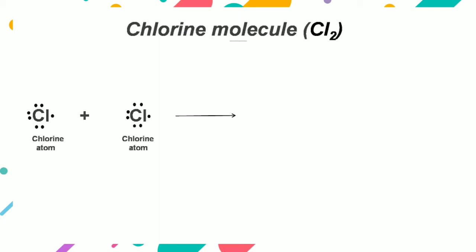Chlorine molecule is made up of two chlorine atoms. Chlorine has atomic number 17, therefore its electronic configuration is 2, 8, 7. It means it has 7 electrons in its valence shell and one chlorine atom requires one more electron to complete its octet. Hence, one chlorine atom shares one electron with another chlorine atom. Here again, we'll show the shared pair of electrons in the area between the two chlorine atoms. You may clearly see here that after the sharing of electrons, both the chlorine atoms now have 8 electrons in them. Means their octet is completed now.